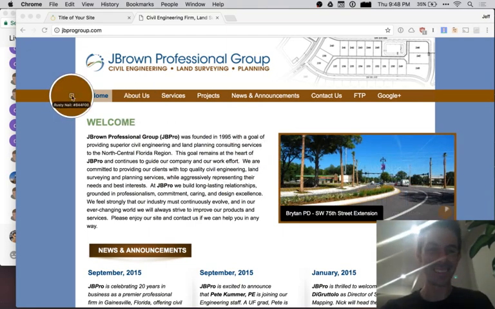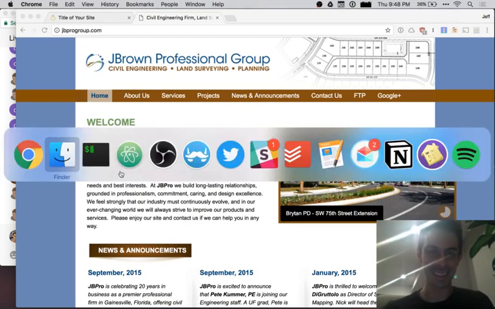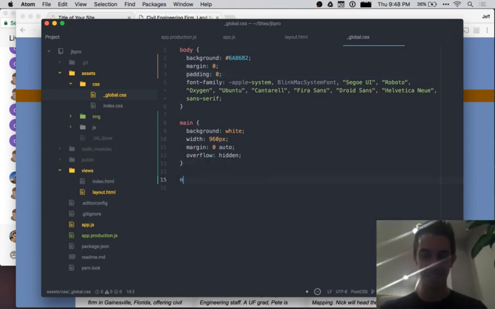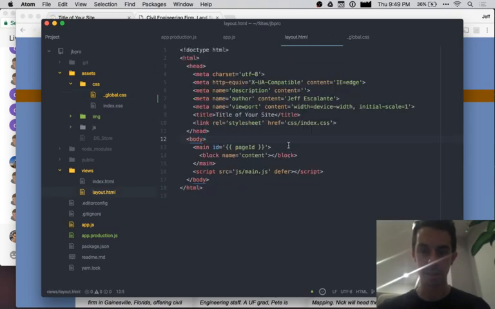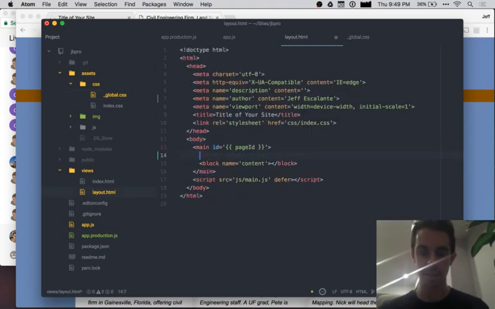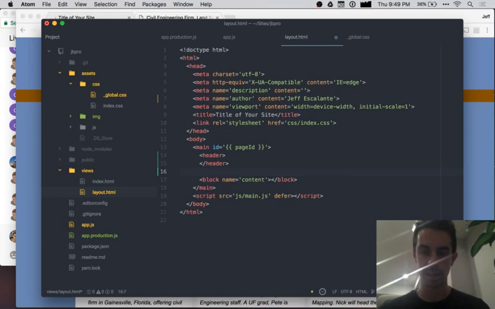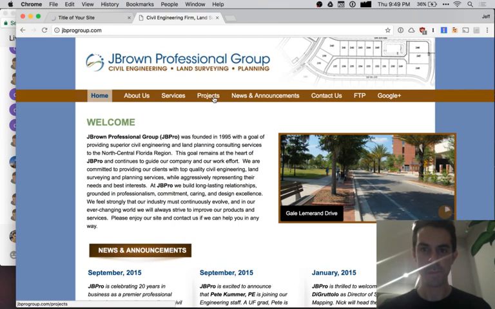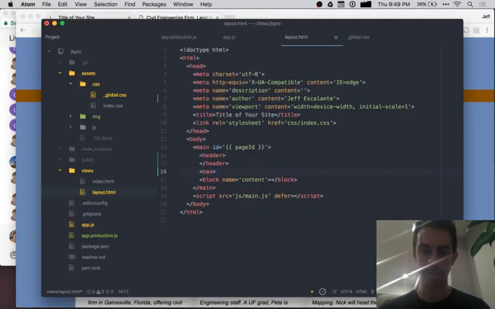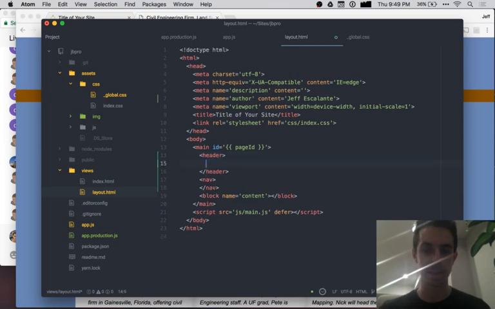Okay. Alright, let's stop being distracted and actually do things. So yeah, let's set up my nav with the background color of this brown. And then we'll get back into our layout and set it up. So this is actually inside of the main section. So we'll run the header. Wow, where did that come from? And the nav is really under the header, if we're being honest. So I'm going to drop it as a separate element. Let me know if that's semantically incorrect, because I'm not very good at semantics. And this one's going to have